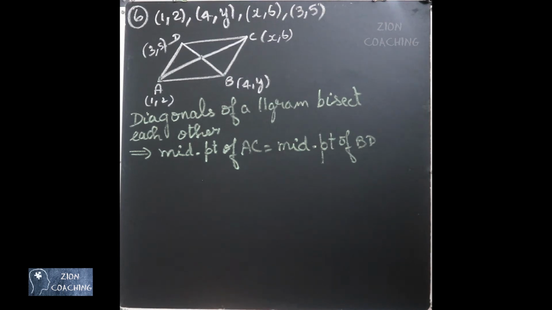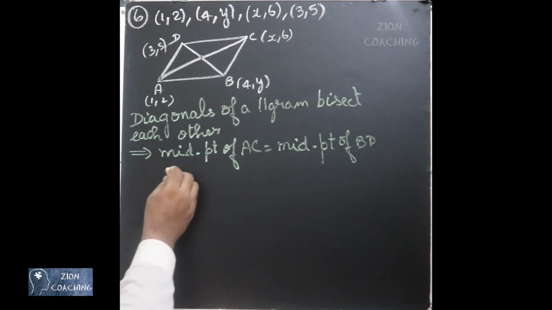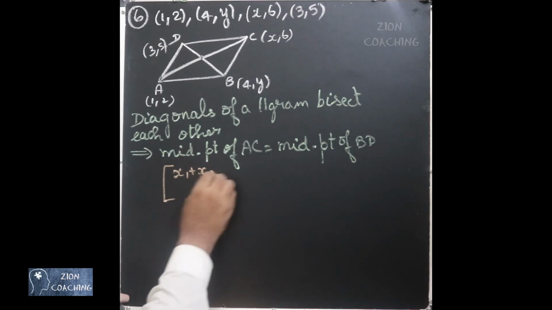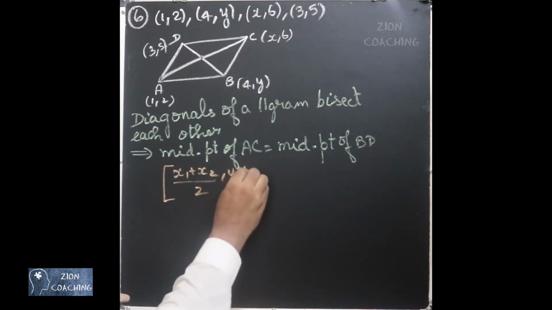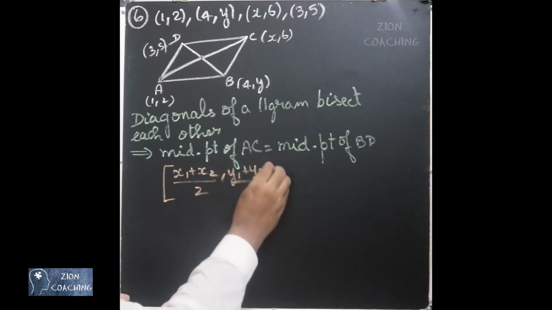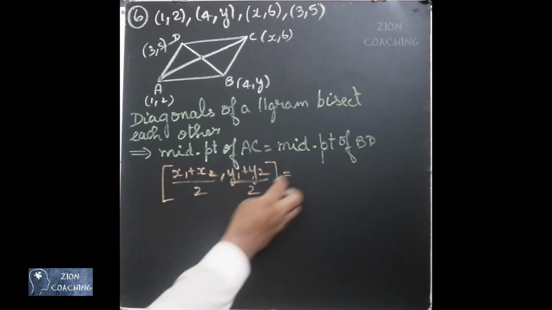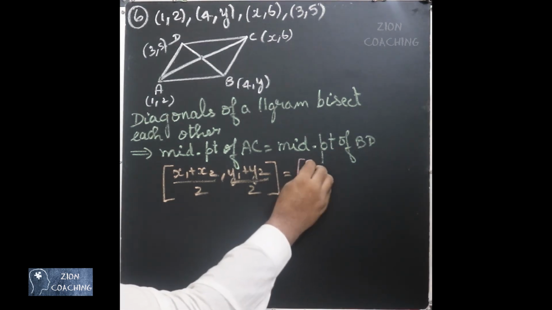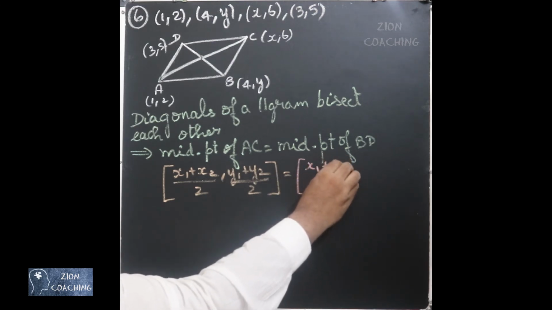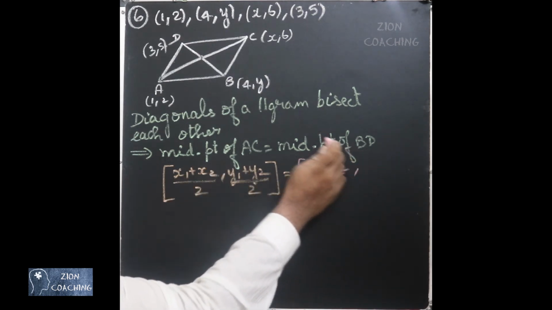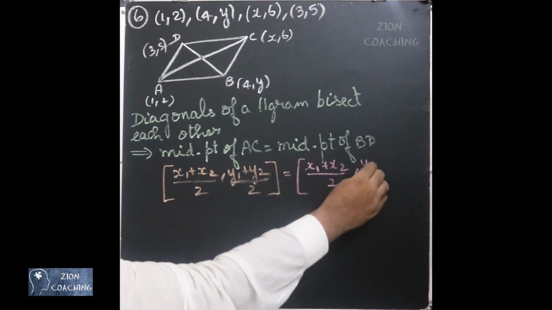You know the section formula: when the ratios are the same, 1:1, it reduces into another formula, the midpoint formula. The midpoint formula is ((x1 + x2)/2, (y1 + y2)/2), and that is to find the midpoint of AC. Then again, to find the midpoint of BD, (x1 + x2)/2. I am using different colors to show that the x1, y1 values and x2, y2 values of both the points are not the same. They are different.